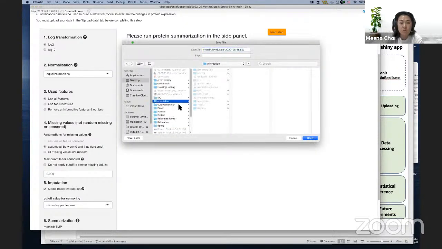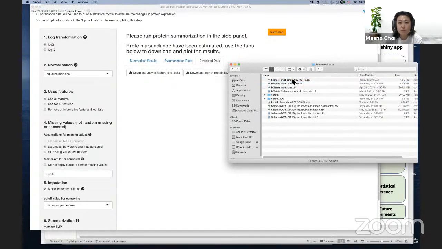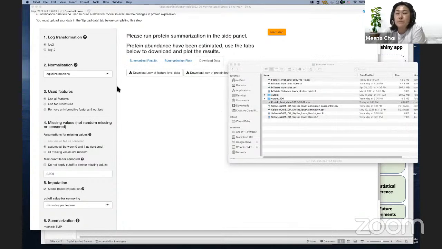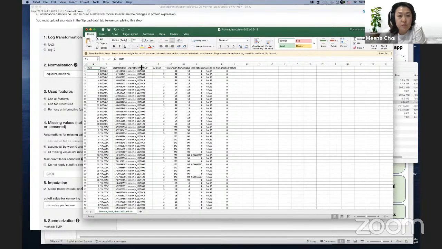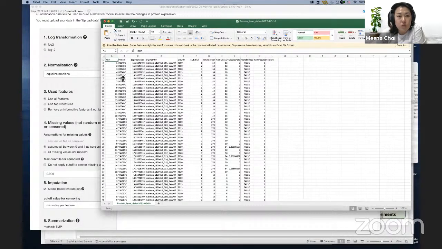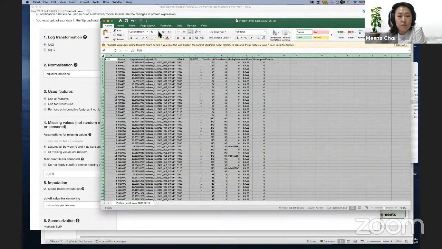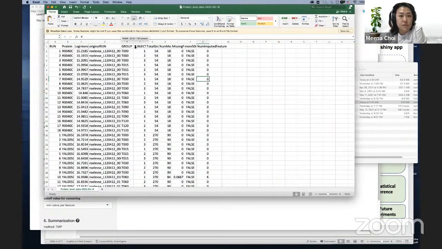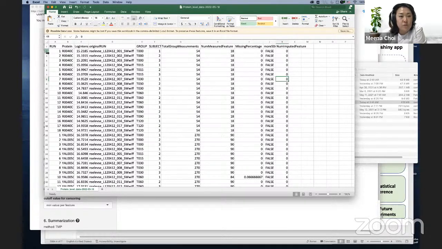So go to our same locations. So here, we have a feature level data, and then we have a protein level data. So let's open it. So this is how the protein level data looks like. It shows some information. So for example, here, protein 1. Okay, I can make this one big. Yes, so for example here, protein